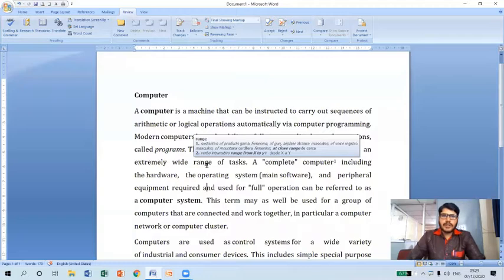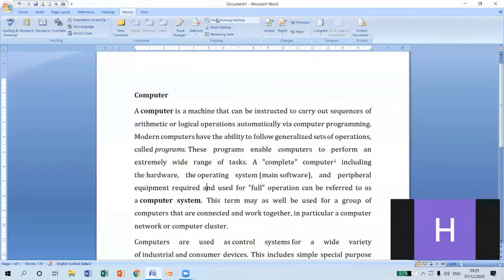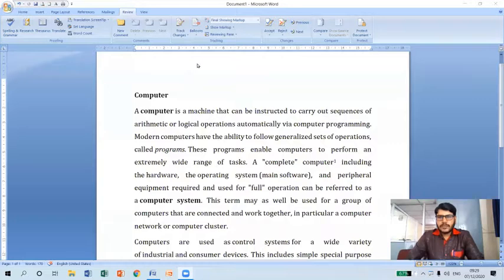Now I want to check if there are any spelling mistakes or any grammatical mistakes present in my document. At that time, I can simply use the spelling and grammar check option, which is available in the proofing group here. There is even a shortcut key available for this, that is the function key F7. F7 is the shortcut key to check spelling and grammar in our document.